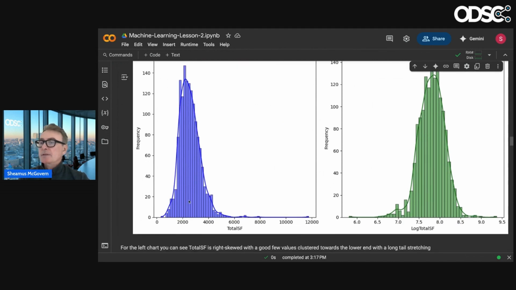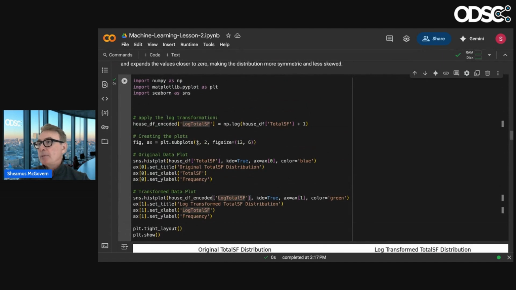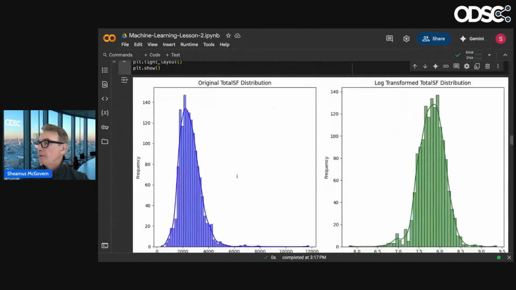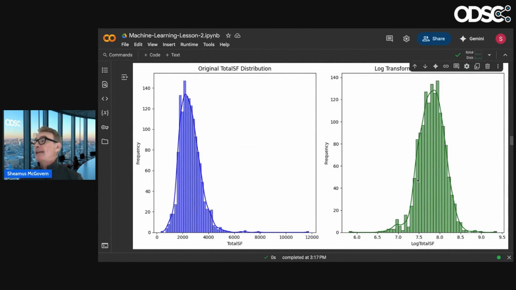Total square feet, which I believe we just calculated by combining, was right skewed here. And by simply applying this one little log transform, now we have something that's standard, normal, Gaussian, whatever your preferred term is.